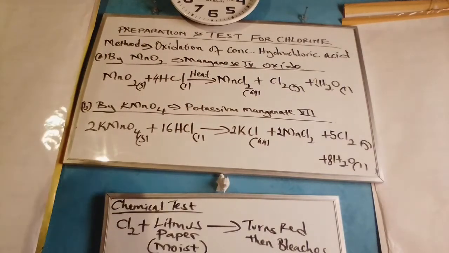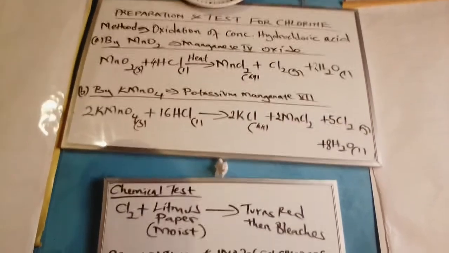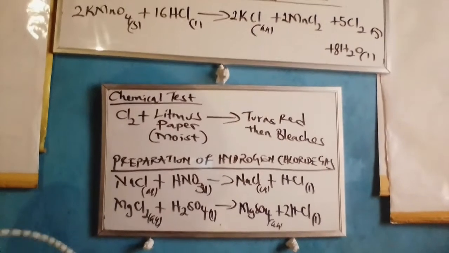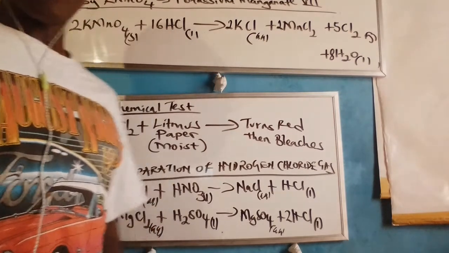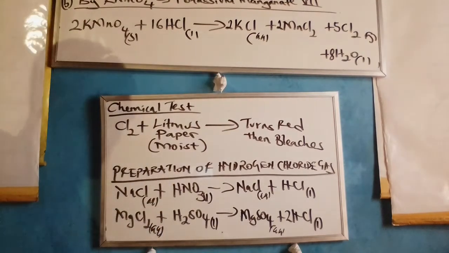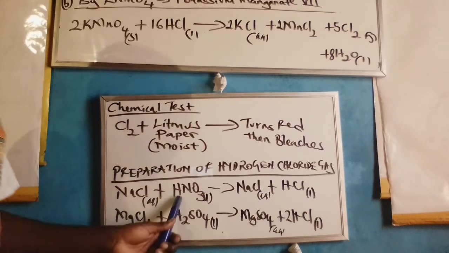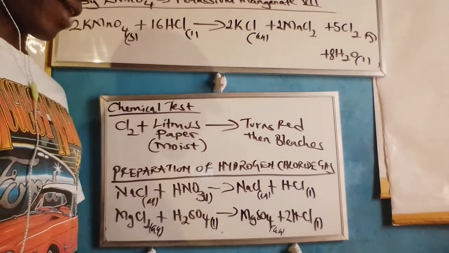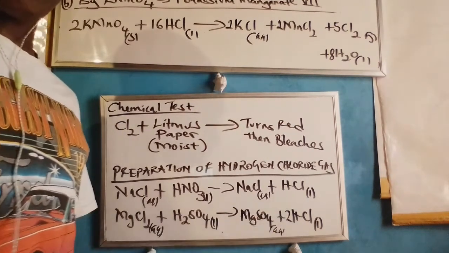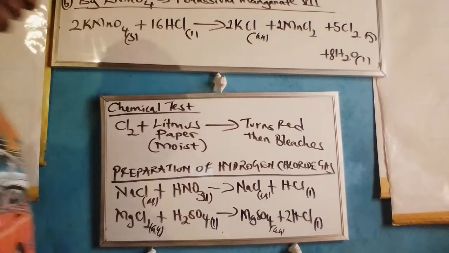Now, at the laboratory, we could prepare the required hydrochloric acid in the following way. To begin with, we need a metal chloride, the carrier of the anion form of the acid. Now, when we take a metal chloride such as sodium chloride, we take a concentrated acid such as sulfuric acid and react the two. The products will be sodium sulfate and concentrated hydrochloric acid. Secondly, in the event that you took